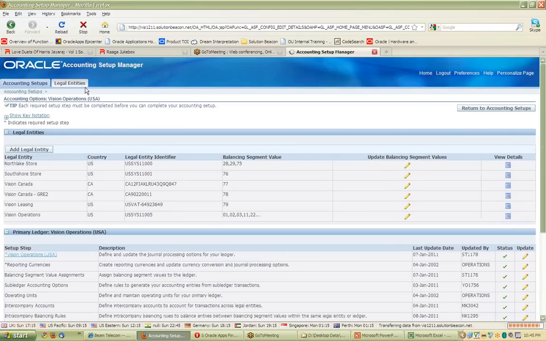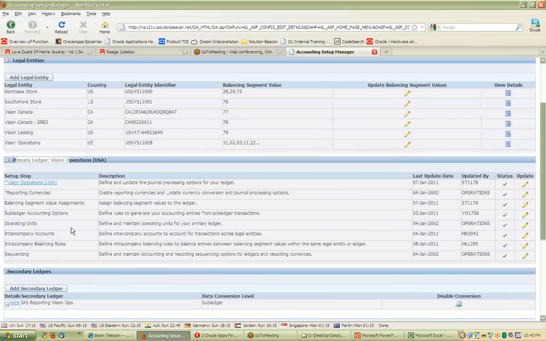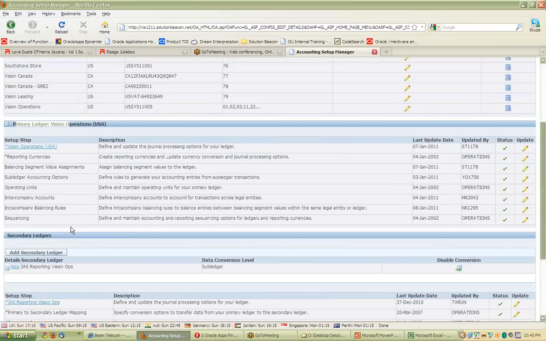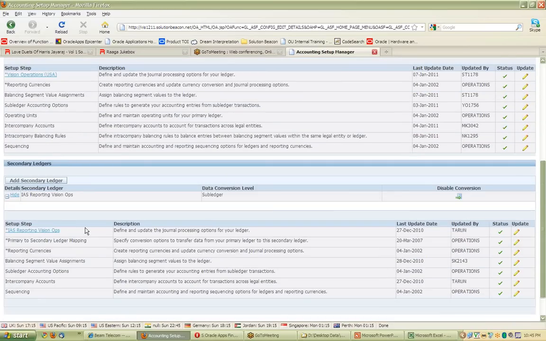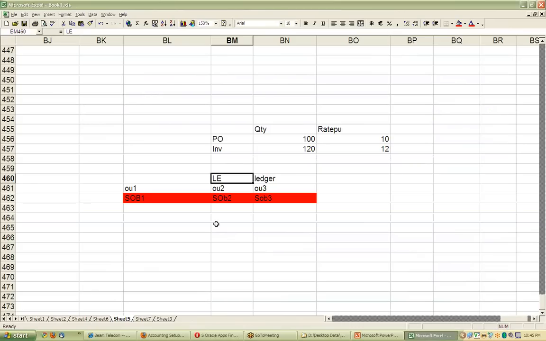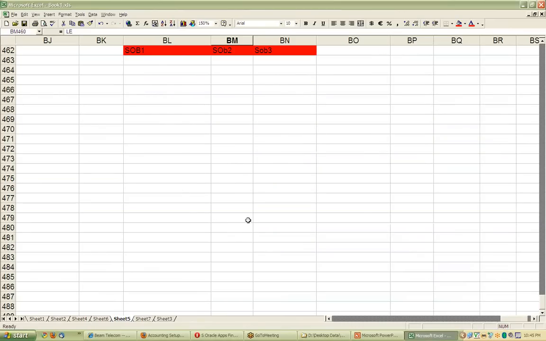You see this, right? This is called the accounting setup manager. This is a one-stop point wherein you create your accounting configuration. You map your legal entity and your ledger here. And in ledger we have various concepts: a primary ledger, a secondary ledger, and a reporting currency ledger. Just to give you a gist of it,